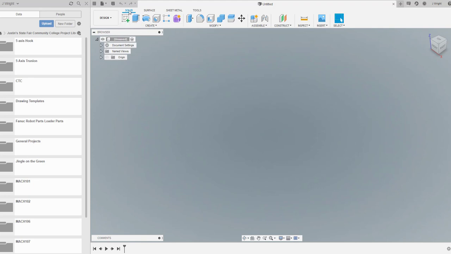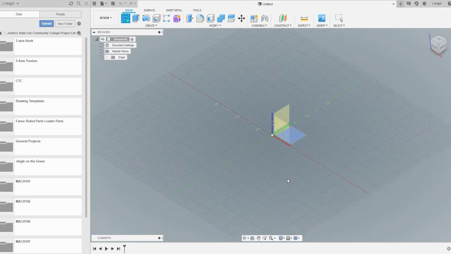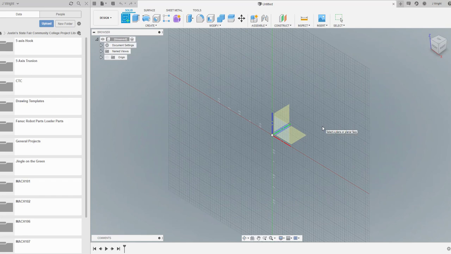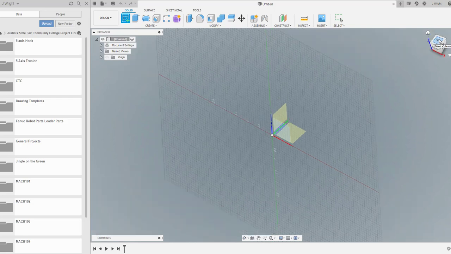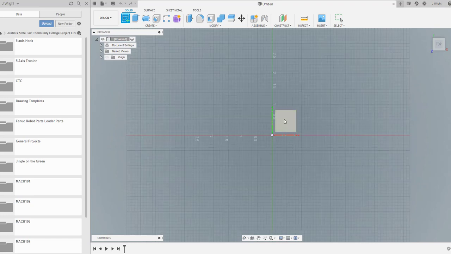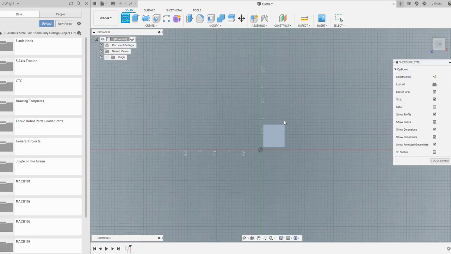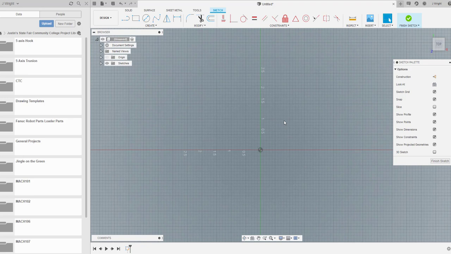So what I'm going to do is I'm going to start here, and I need to make some decisions where I want X, Y, and Z to start from, how I want them to move. So even though I've got my grid here, I'm going to go on up to the upper right hand corner where I've got my isometric view. I'm going to go ahead and click on the top. That's going to change my orientation, and then I'm going to hit this box here. Just single click on that. That really begins my